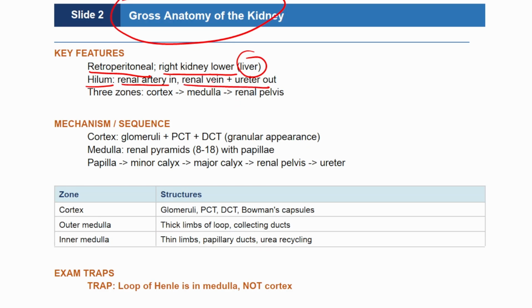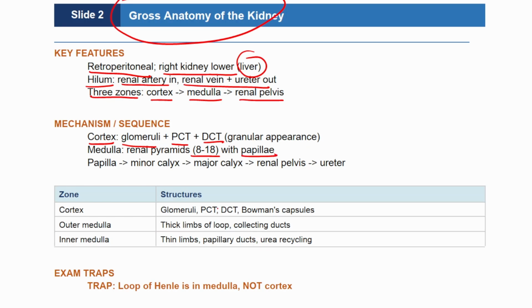Internally, the kidney is organized into three distinct structural zones, which transition sequentially from the outer cortex to the deeper medulla and finally to the central collecting renal pelvis. The cortex exhibits a granular texture because it contains the glomeruli, proximal convoluted tubules, distal convoluted tubule, and Bowman's capsules. The medulla is structurally divided into outer and inner regions, consisting of 8 to 18 renal pyramids ending in the